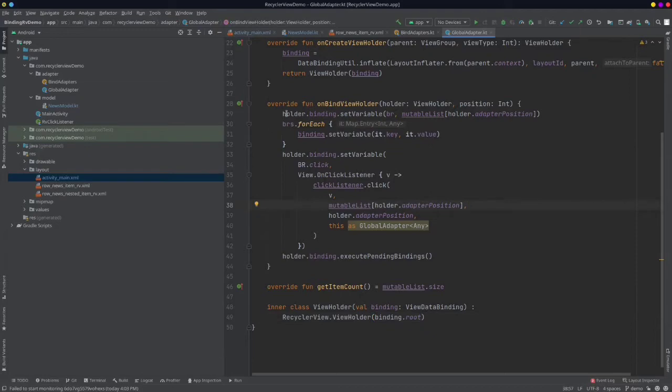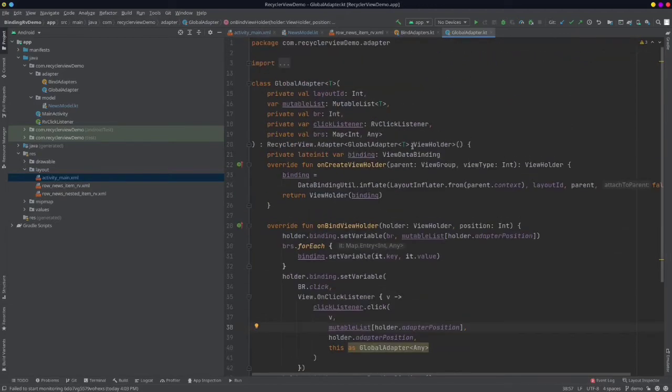In onBindViewHolder, I am simply setting up and passing along the variables which I have passed. First thing first, this is the holder, then from the holder we are getting the reference of binding, and with the help of binding I am setting up my variable, which is of br, and we all know that the br is of br. We are passing the model in br for this second parameter.